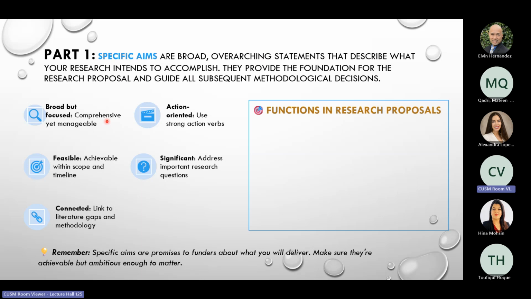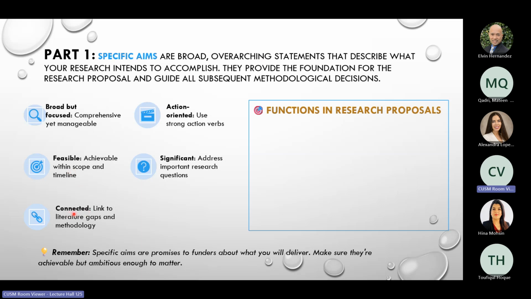It's comprehensive, but also manageable. It's broad enough, but not too broad that your research project becomes undoable. The other element here is that your specific aim statements are feasible. When you write this statement, it's directing activities that you can definitely accomplish. They're achievable and feasible. They're within reason, that you can conduct these activities in a reasonable amount of time in order to help you